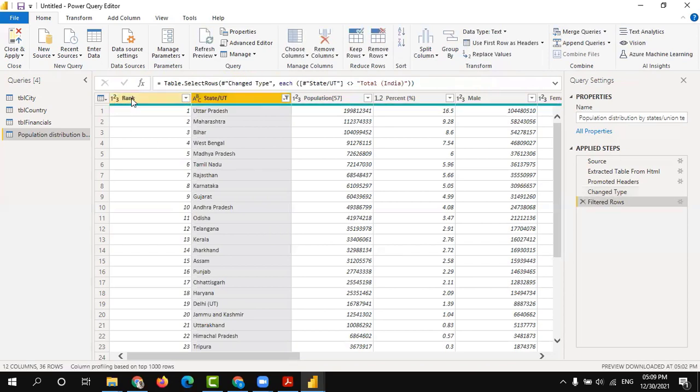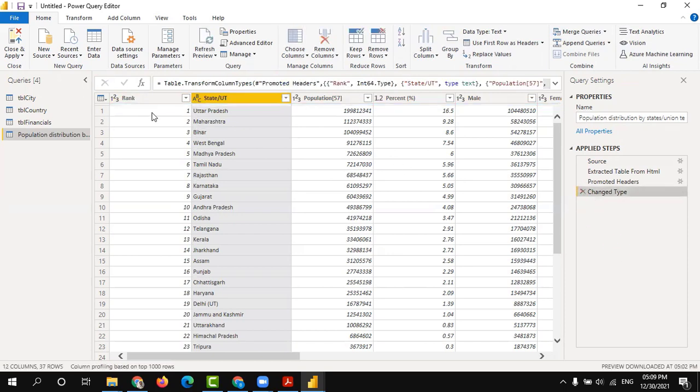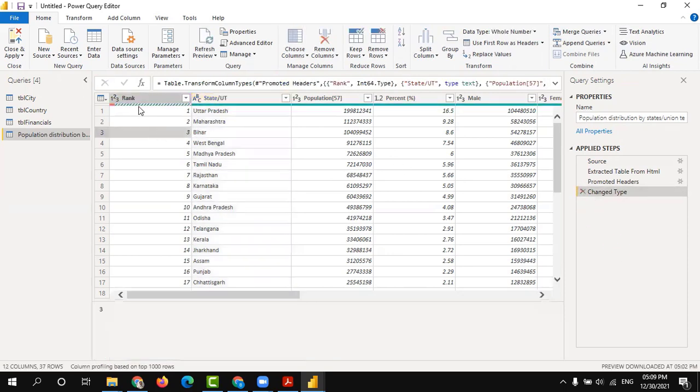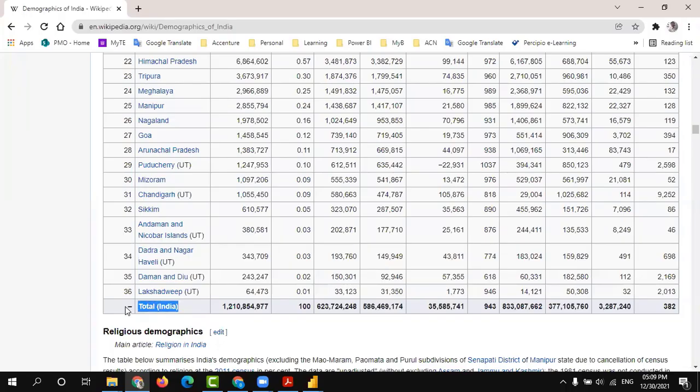So now this rank, there was an error earlier. I will remove this. One minute. Now, if you look, this rank field has an error. This green line did not come, which means there is a problem within this column. The problem we have identified in the source is due to this hyphen.